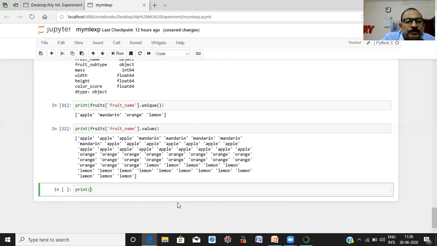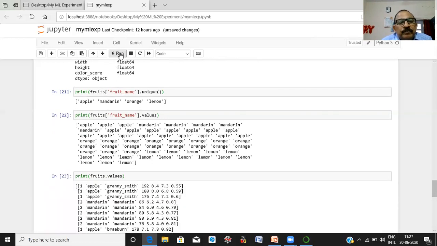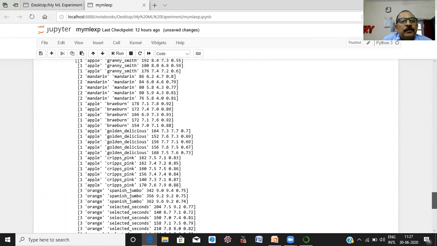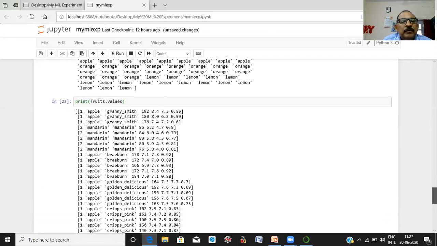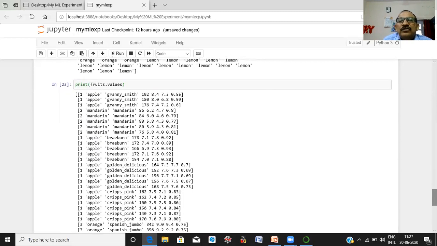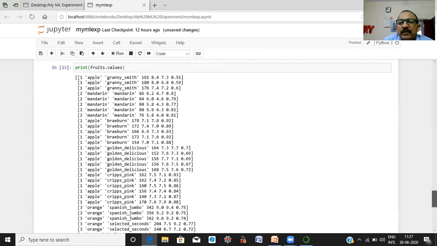For this, you simply write the variable name dot values. Let us see what will happen. Here you can see on your screen, it will display the contents of your entire data set.